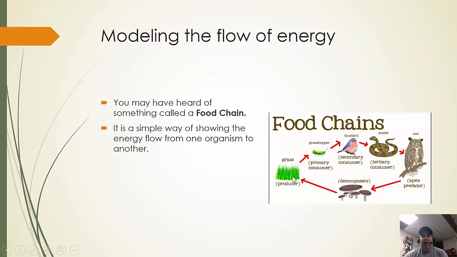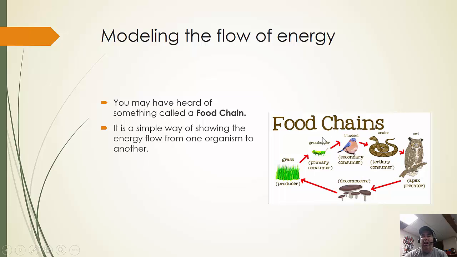So again, we talked about the grasshopper starting off. So we've got the grass. The grasshopper is going to eat that grass. Maybe that bluebird eats the grasshopper. All of a sudden the snake eats the bluebird. The owl ends up eating the snake. If we want to talk about things that are roadkill, or maybe for some reason that owl dies, all of a sudden you've got that dead organism. So you've got the fungi and the bacteria that are going to end up breaking that organism down, but again, that's going to become that fertilizer for the grass to grow again.